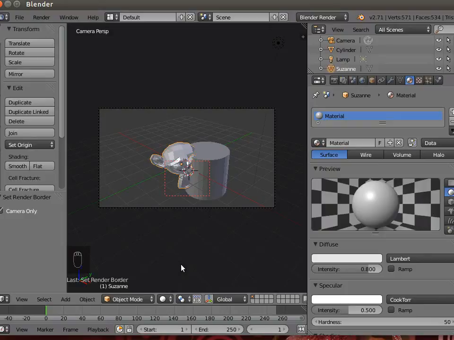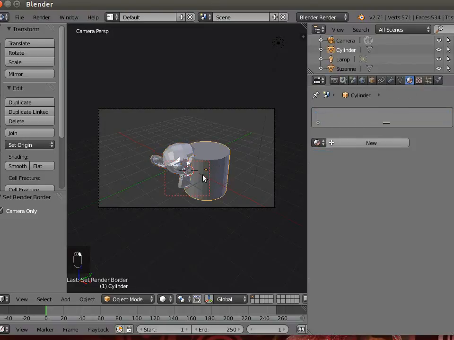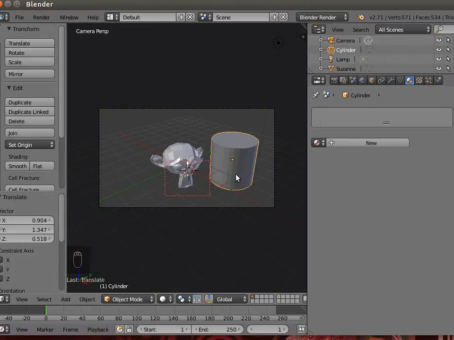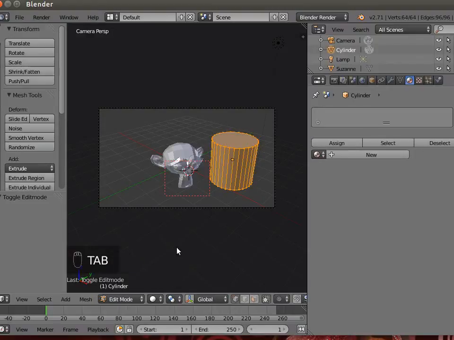Okay, so let's go to the edit mode, and we'll make some changes to some of these objects. First of all, I'm going to move that out of the way a bit, and we're going to edit this shape here, this cylinder. So, to get to edit mode, of course, you can use the menu system here. But there's another way of doing it. There's a keyboard shortcut which is very quick. Tab. Hit the tab key, it takes you between object mode and edit mode. And since you're always coming in and out when you're editing and creating objects, it's a very useful key to know. So here we are in edit mode,